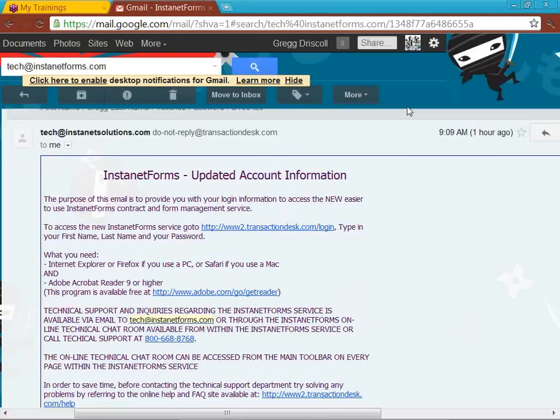Hopefully you'll receive it into your inbox, but sometimes these messages do get filtered, so you might want to check your spam or bulk filters as well, just to see if it was rerouted out of your inbox into a different folder. But you will receive this email message from tech@InstanetSolutions.com, and it's going to provide you with some information, namely the login address,